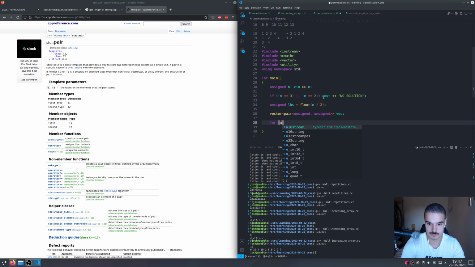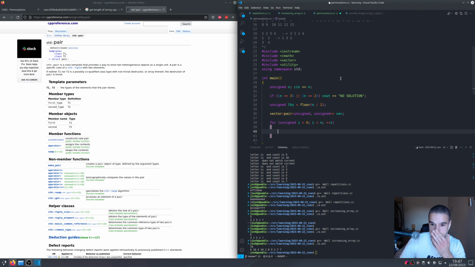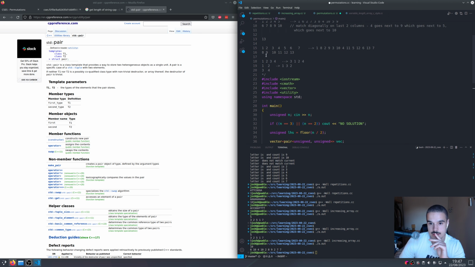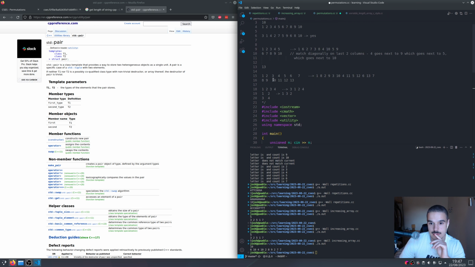So for unsigned i equals 0, while i is less than n, while we increment i, we can actually say that, if we did a floor division and got 7, which